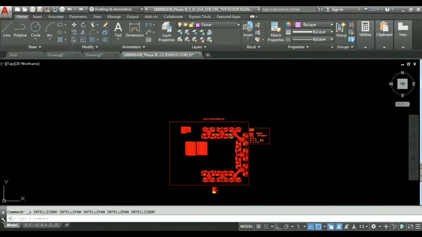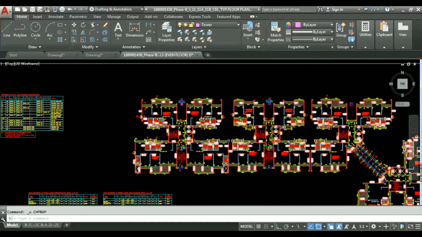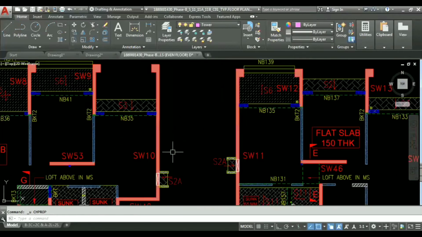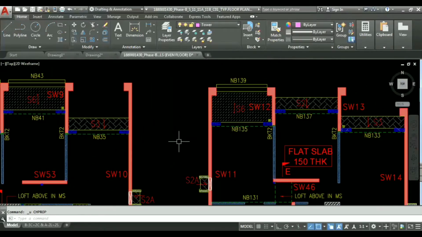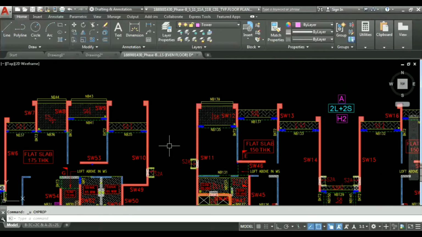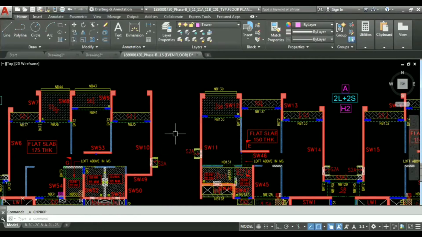So what a layer basically is, layers are like transparent plastic sheets. Each and every detail which you are seeing over here is made in a different layer. For example, this beam number, this column number, this slab thickness, everything, hatches, is made in some different layer just to make a distinction between them. So if I am working and these hatches are confusing me, I have to close all these hatches, and it becomes very easy by the use of layers.